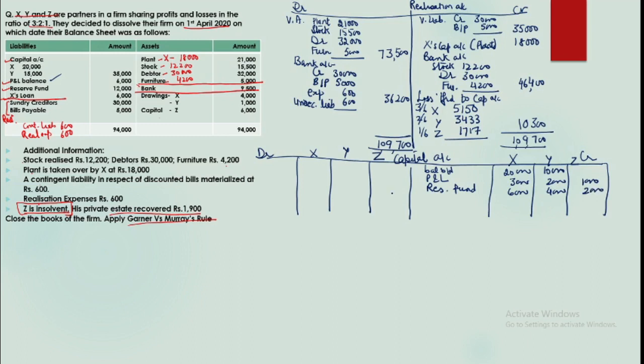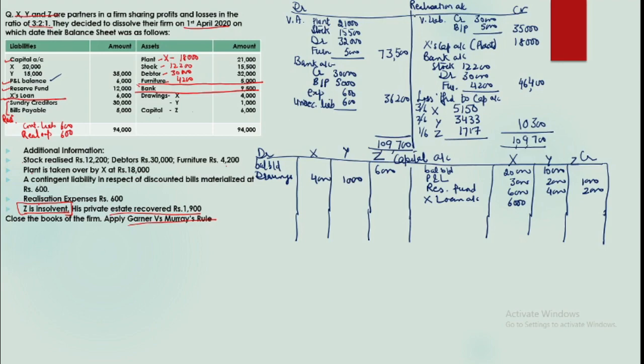Okay, then you have X's loan. You can separately prepare his account and you can pay it also, but when we are preparing the accounts here through capital, we can always close their loans and advances in the capital accounts also. So there is no point of creating a separate account. We can close it here, no issues. On the other side you have the capital balance of Z. So balance brought down for Z 6,000, and you have drawings of X and Y, 4,000 and 1,000. So we have picked up everything from the balance sheet.